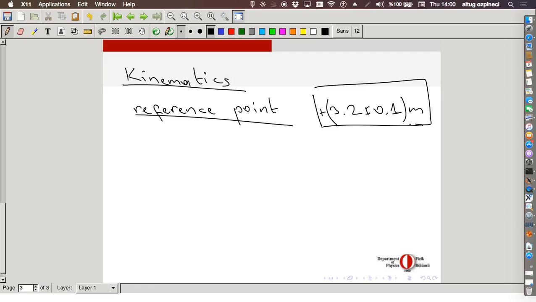Okay. Plus and minus. Let's say the position of Umut is this one. The position of Umut, let's denote it with a prime, is equal to 0 meters. This is valid. Although you see the numbers are quite different, they denote exactly the same position because there's a different reference point.